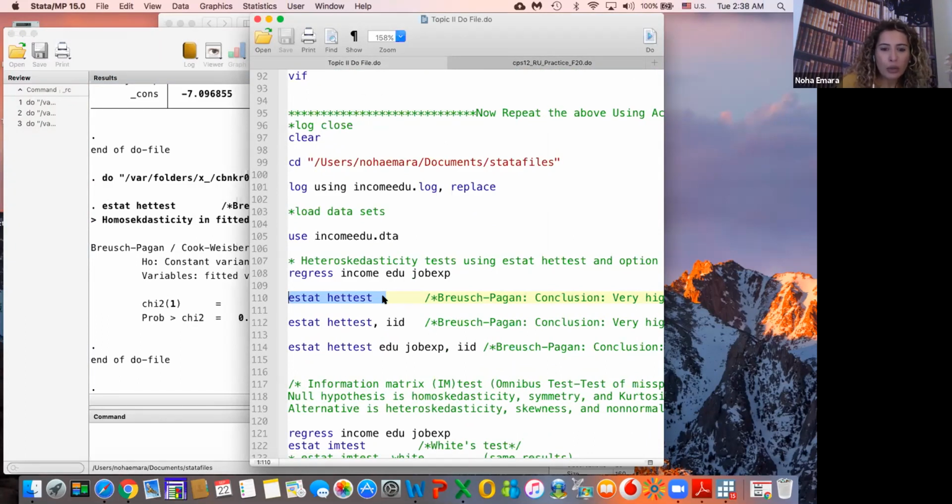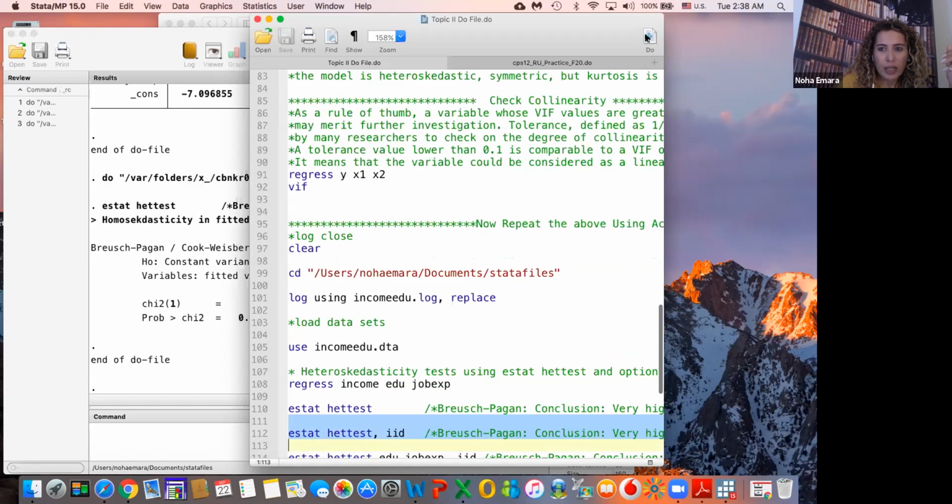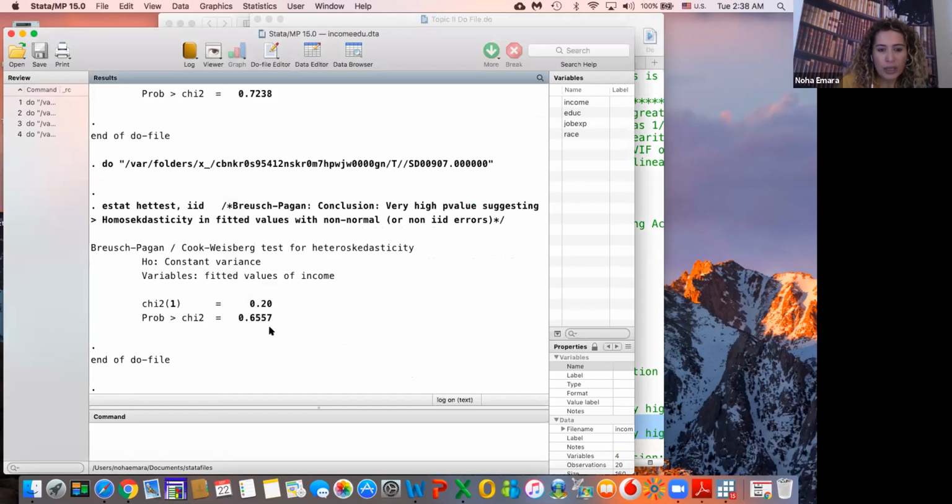However, if you want to add IID, you can add iid to the test and repeat. You check whether it makes any difference, and it all depends on the question. If I'm telling you in a question to use IID or not, then you would adjust your test based on the question. When you look here, it actually doesn't make a big difference because